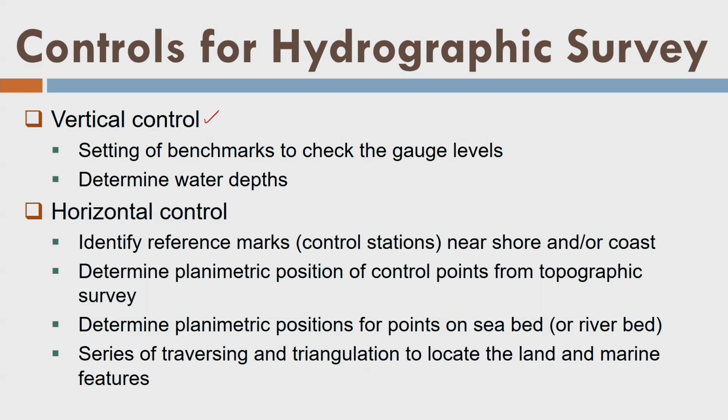What about the horizontal control? Similar to the vertical control, I bring the points of the horizontal control, that is the x and y position, from the topographic survey to near the sea coast, and there also we establish some control stations, and this process is called the horizontal control. And using this horizontal control, we determine the horizontal position of a point lying under the water, but we measure it from the surface of the water. Okay, now we can understand that the planimetric position xy is measured on the surface of the earth, and at the same time we measure the depth of the water surface by some mechanism.